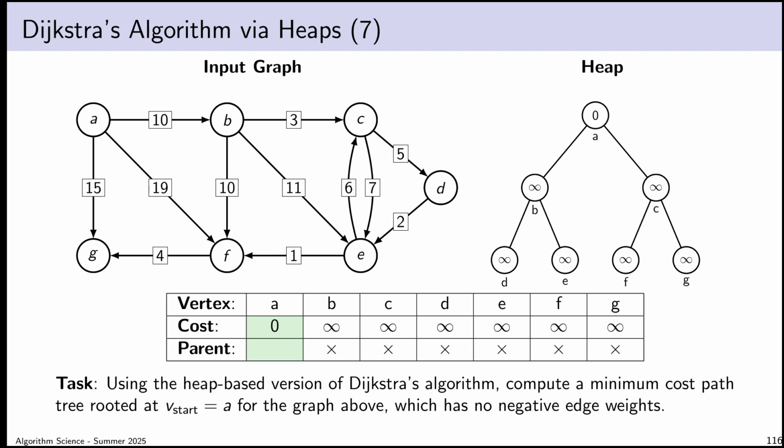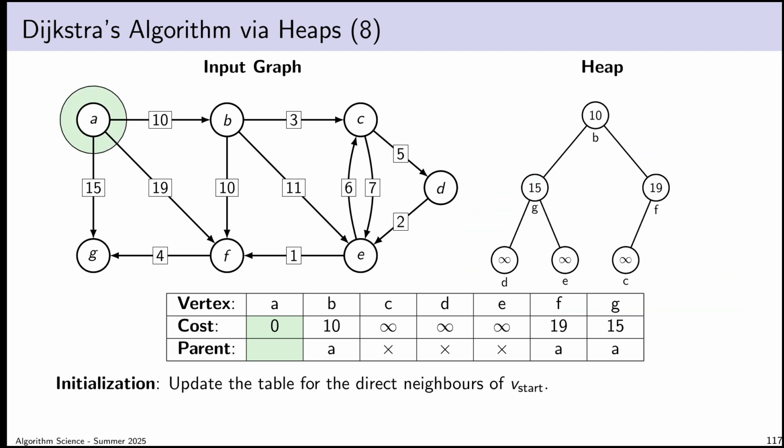So the real initialization step is actually this one. I install my start vertex with cost 0 at the top of the heap, and everything else in whatever order I want with keys that are infinity. But in terms of what we've been doing for initialization, we view the initialization as being relaxing the neighbors of the starting vertex. This really happens at the first iteration of the outer loop in my heap-based version. So notice how I've already popped vertex A out of the heap at this point. I've removed it from the heap.